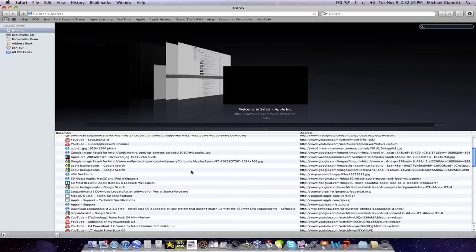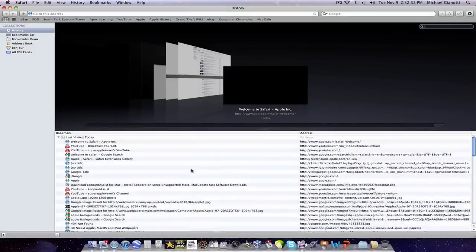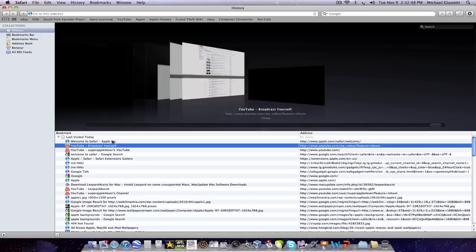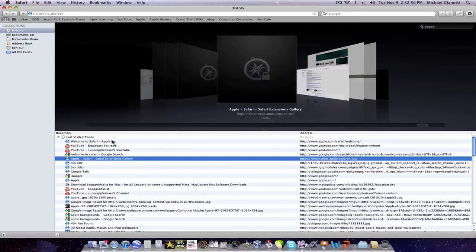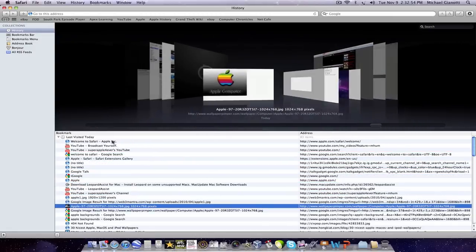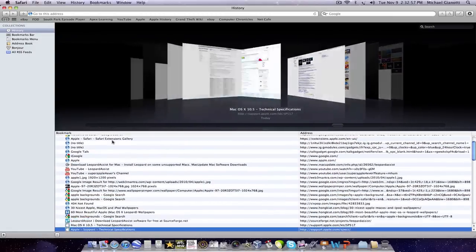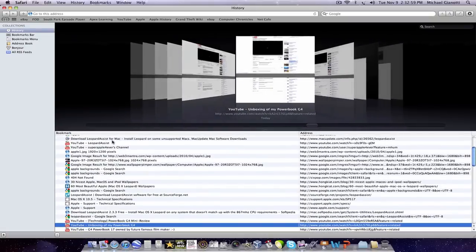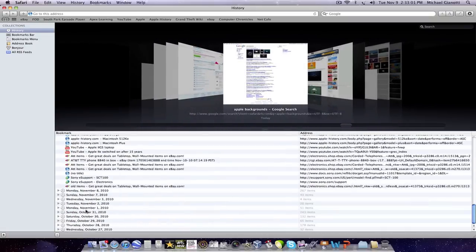Now history shows basically everything you've ever looked at. It'll automatically, I think, delete it after a month, but there's a way to change that to save it every time, to save it instead of deleting itself, it'll just stay there. So like let's say you want to go through what you've looked at, you can just scroll through all that and it'll show a picture, which is really nice. It doesn't always capture the picture for all of them, but that's really cool. You can go by date,